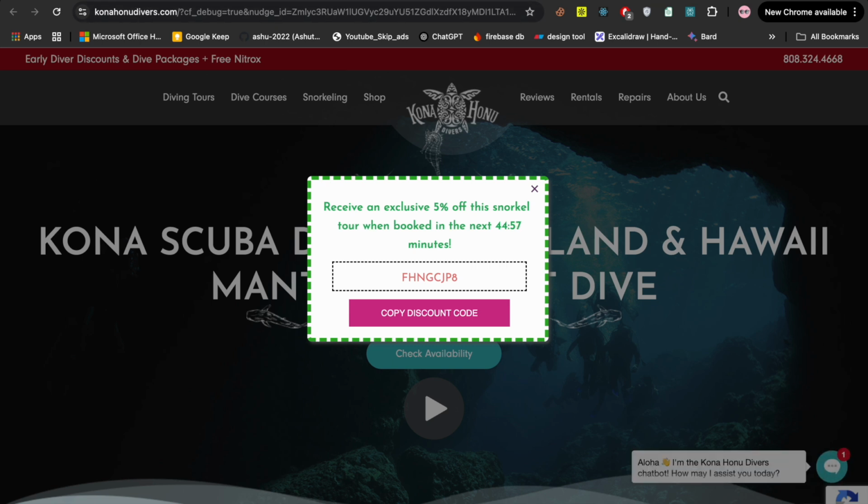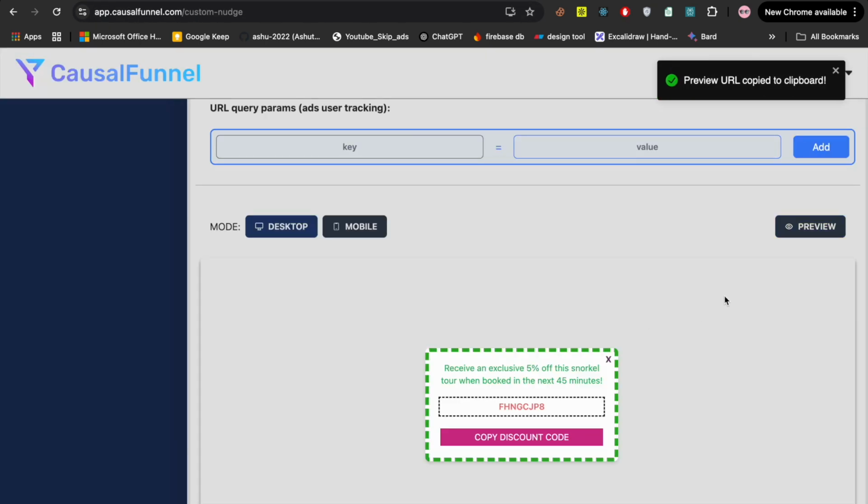And that's it. With just a few steps, you can create a highly targeted, personalized nudge that increases engagement, drives control,